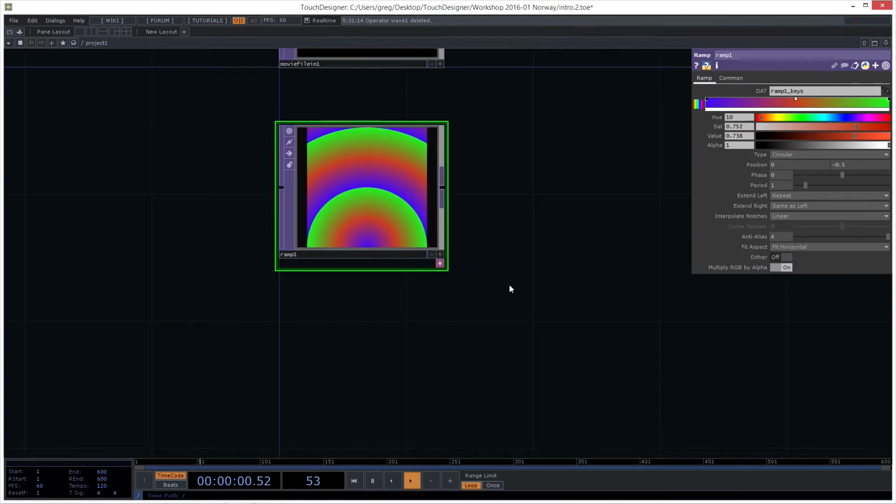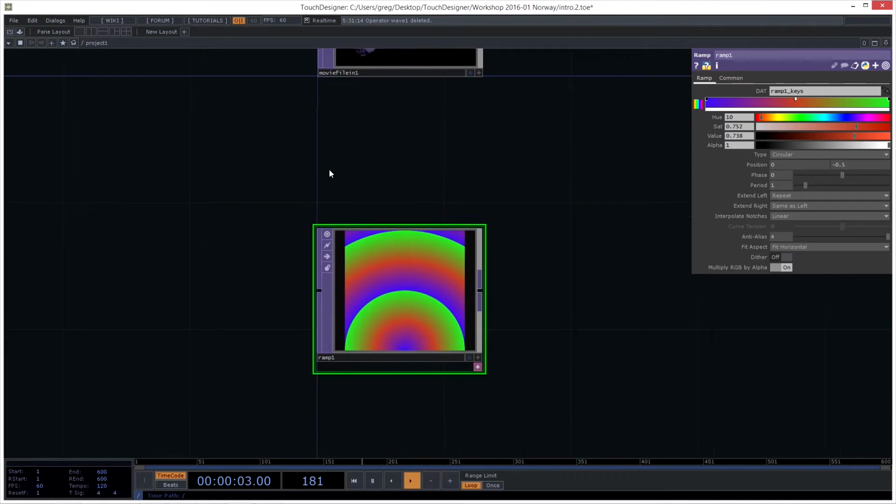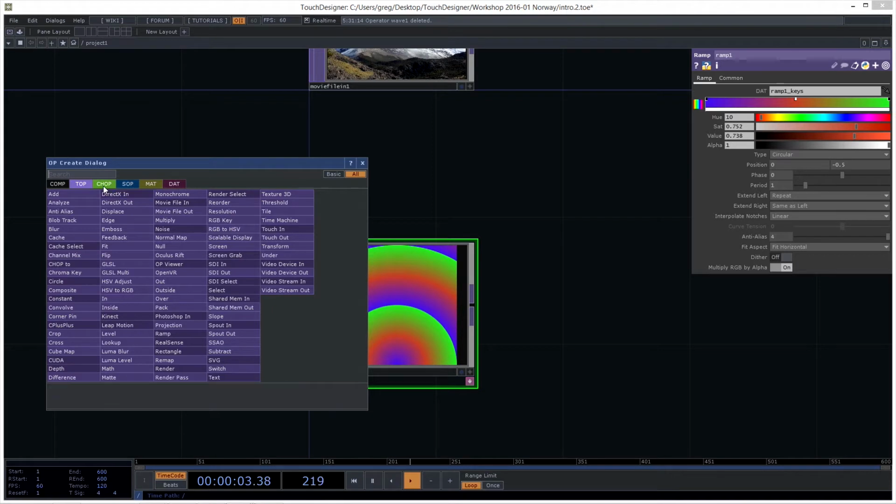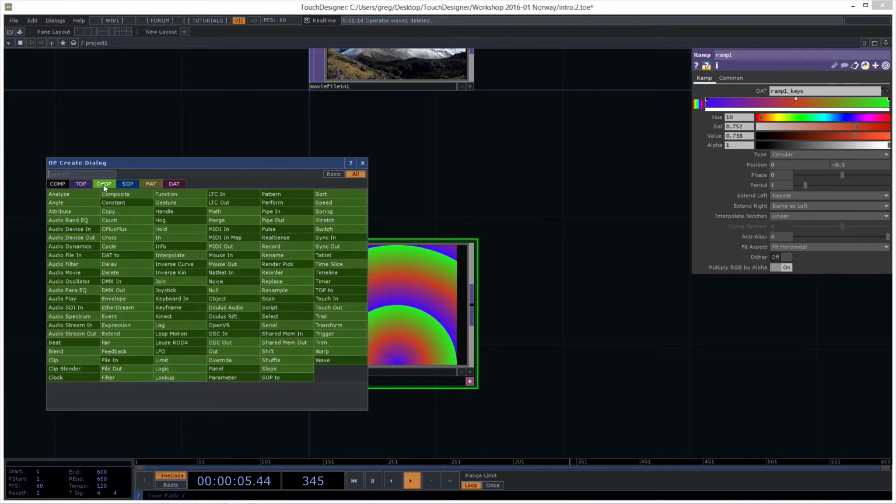And let's just animate this ramp, because animated ramps are fun. I'll just show you how to use a few chops to make a very quick animation cycle. If we open up the upgrade dialog, and we already played with the green operators, the chops, earlier, Greg's going to go into them in detail, but